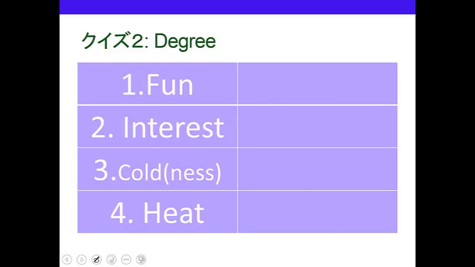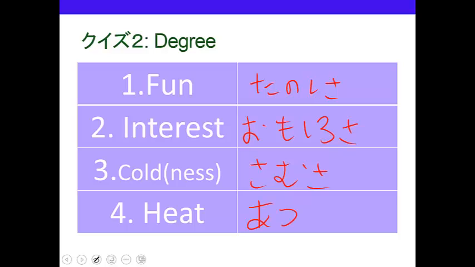Let's have a look now at the degree of something. The degree of fun of something is the tanoshisa. The interest, the level of interest of something, such as that book and its action, is the omoshirosa. Then we have the coldness of something, the cold of it, the samusa, such as just how awful the cold is in Hokkaido, and the heat of something, maybe the heat in Okinawa, the atsusa. Or you could maybe say that it's very pleasant